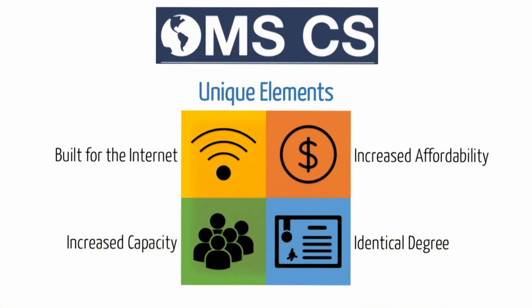The combination of these elements presents some really unique challenges, though. The increased affordability makes it difficult to just hire more graders to handle the number of students we receive. But the fact that it's the identical degree means that we can't water down the assessments just to meet that scale goal. The projects and the assessments have to be the same online that they are in person in order to promise that it's an identical degree, and yet we have to do this with far fewer financial resources. Fortunately, that first criteria actually helps us in that regard. The internet provides us ways of scaling these assessments to meet these goals,